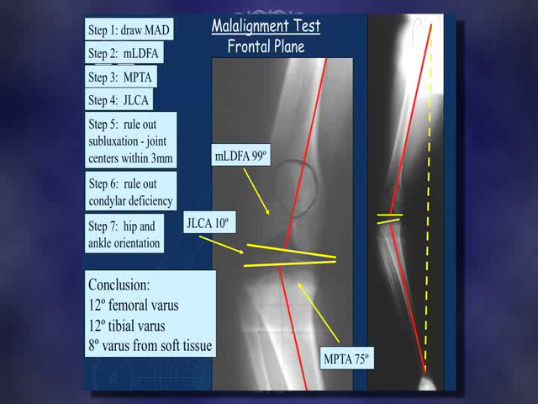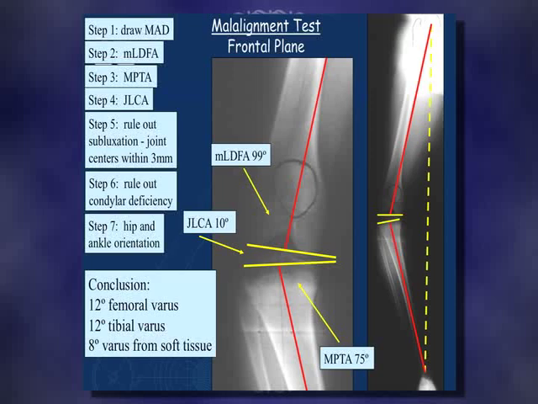So the next step is to analyze the tibia. So we draw a line from the center of the knee to the center of the ankle. That's the mechanical axis line of the tibia. And then we draw the joint orientation line of the tibia, which is along the top of the tibial plateaus, and measure the medial proximal tibial angle. And what's normal? Right, 87. And this guy measures 75. 75 isn't even close to normal. If you say 87 is normal, but there's a range, right, 85 to 90,